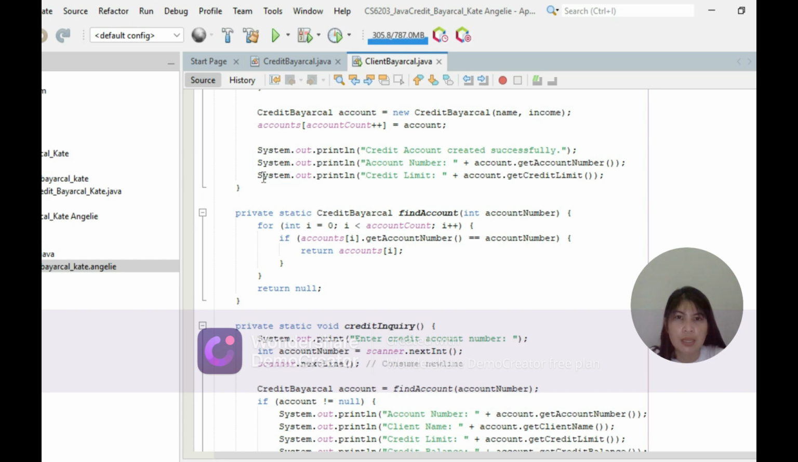So next is System.out.println("Account number: " + account.getAccountNumber()); So next is System.out.println("Credit limit: " + account.getCreditLimit());